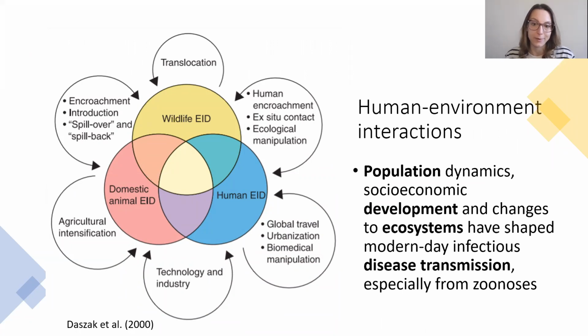So when we're talking about the diversity and density of populations, but also the level of development in a population, we also touched on that, I think it was a couple of weeks ago. And then these changes to ecosystems that we've really been discussing in a lot of detail over the last couple of weeks. So these have all had really important ways of shaping modern day infectious disease transmission,